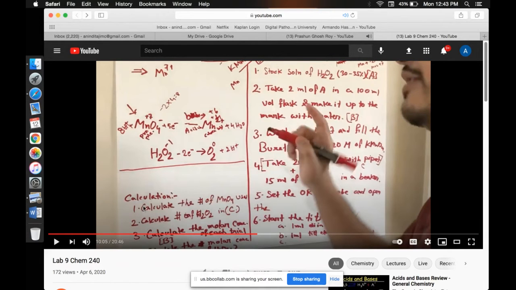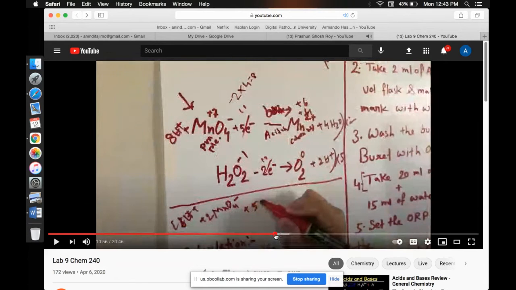Then what will happen? In this type of reaction, you have to balance the number of electrons. What is the number of electrons here? 5. What is the number of electrons here? 2. So they are not balancing, right? You have to cancel this out. To do that, you have to multiply the whole first reaction by 2, and the whole second reaction by 5. So then this will be 10 electrons, this will be 10 electrons, one with a minus sign, one with a plus sign. So you can add both of them, and all the electrons will be cancelled.